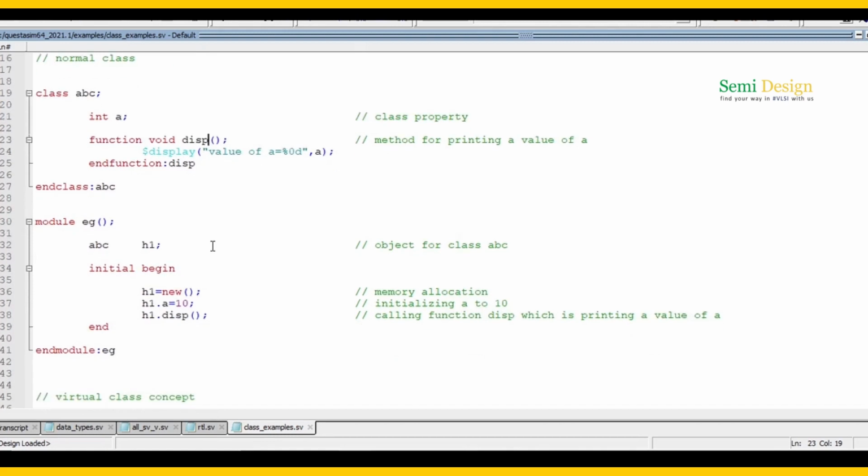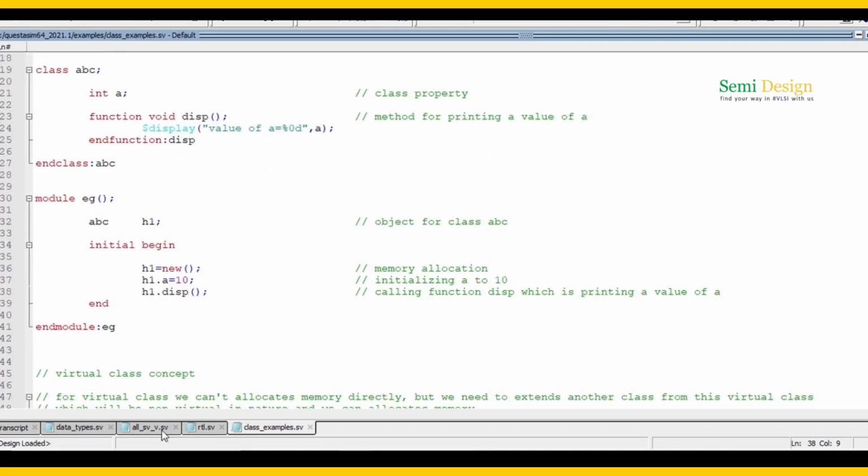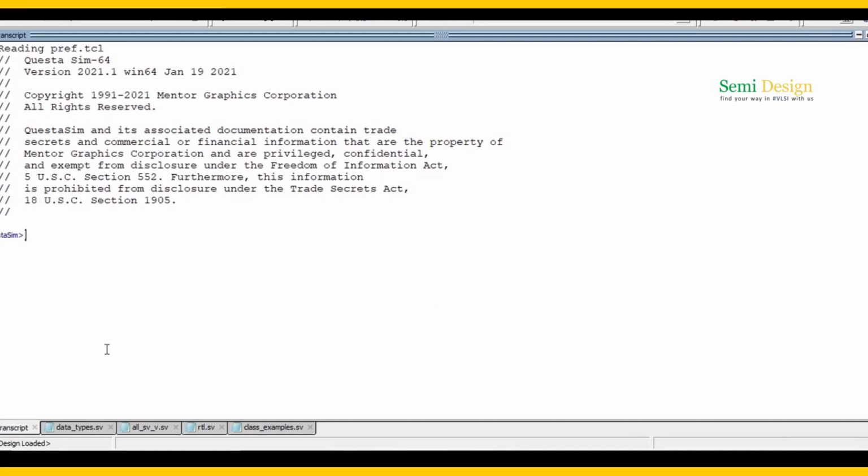Within the module, I'm creating the object, or handle, for this class, ABC h1, and within the initial begin block, I am allocating memory, h1 is equal to new, and I am initializing the property a to 10, and displaying that property. Very simple. Now if we run this code, we will get the output.